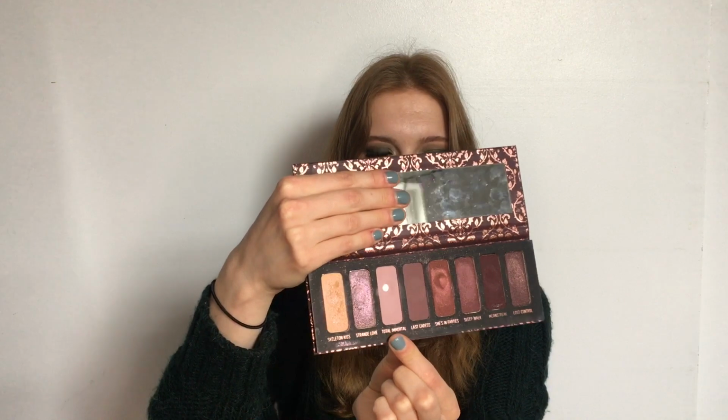And so I got the shade Sleepwalk, which is sort of like a muted plummy shade, really pretty. Melt does not play around with pigmentation, so I knew when I rolled this one in that this was going to be more of a 20 uses and roll out kind of situation rather than actively trying to hit pan. I have actually hit pan in a couple of Melt shades in this project. I hit pan in Total Immortal right here as of sometime last year, and that took me quite a few uses, and I already had a dip going on it when I rolled it in, so I know that's not